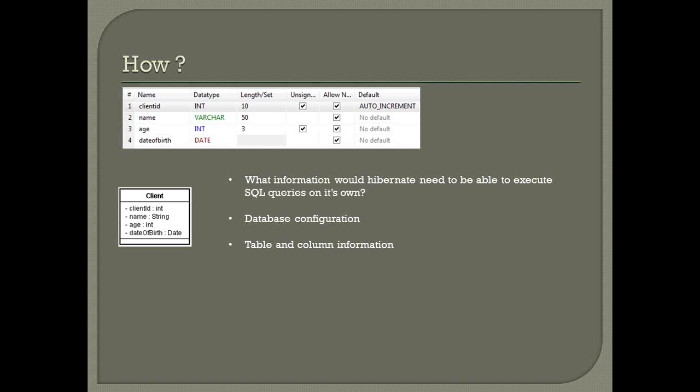With this, Hibernate can connect to the database, figure out what queries to execute, and populate the POJOs from the database. So there is a configuration file required for the database connectivity,